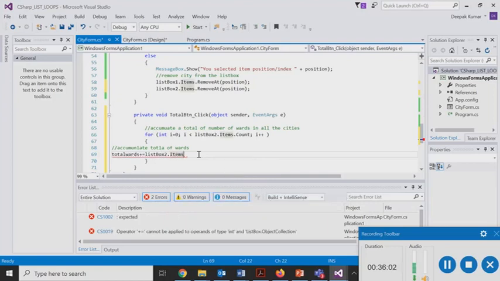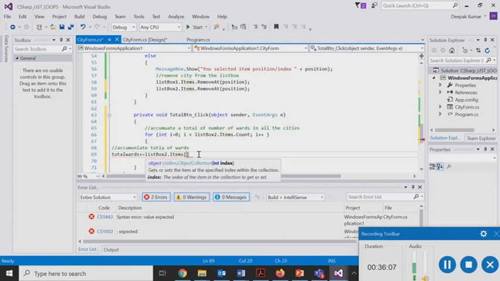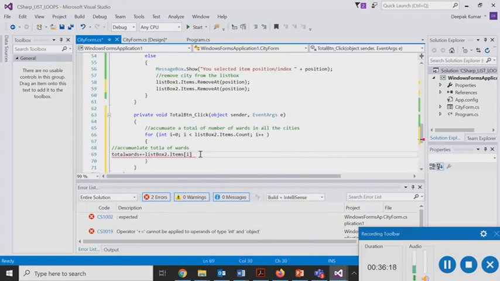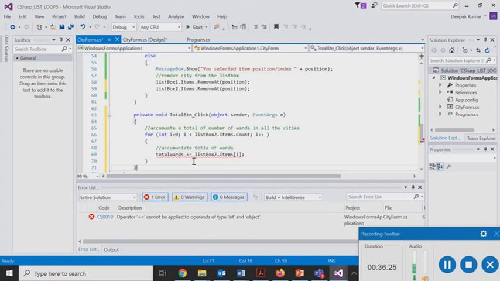Now our list box basically is an array, as I said earlier, and all the items are represented as a list or array here. So we will be using the square brackets to pick up every element of that list box. So total wards plus equal to list box 2 dot items.